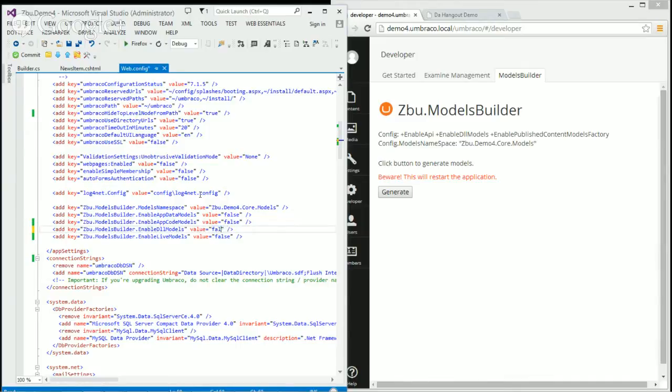I'm going to disable everything. There is one, the APP data models, which is basically when you click generate, we generate the files, and that's it. So you don't put in the flag to the app code folder to notify Umbraco that those models exist. Yeah, so if you just want to generate the models, obviously you will need to compile them one way or another, but it's up to you. But if you just want to see the files, you can enable APP data models, and then all we do is generate the files. Okay, cool.